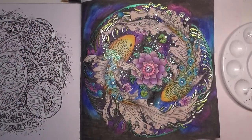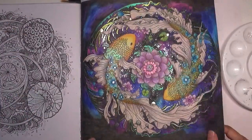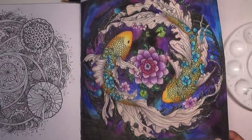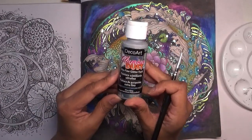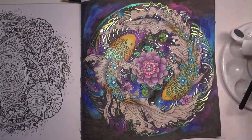So the last bit, or second to last bit actually, I've done the central bit with the clear ice comet. I hope you can pick out that glitter. It's still wet, some of it in parts. So now I want to add the Deco Art Glamour Dust Silver Bling just on the outer edges here. So I'm going to give it a good shake, as I usually do, and I'm going to pop it